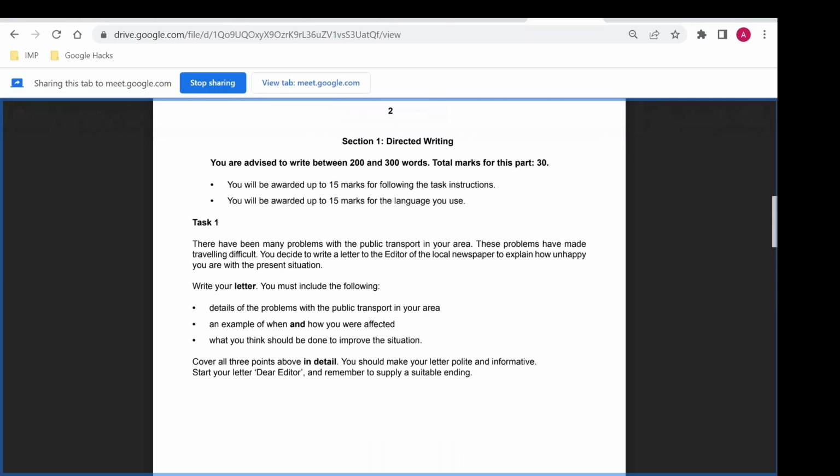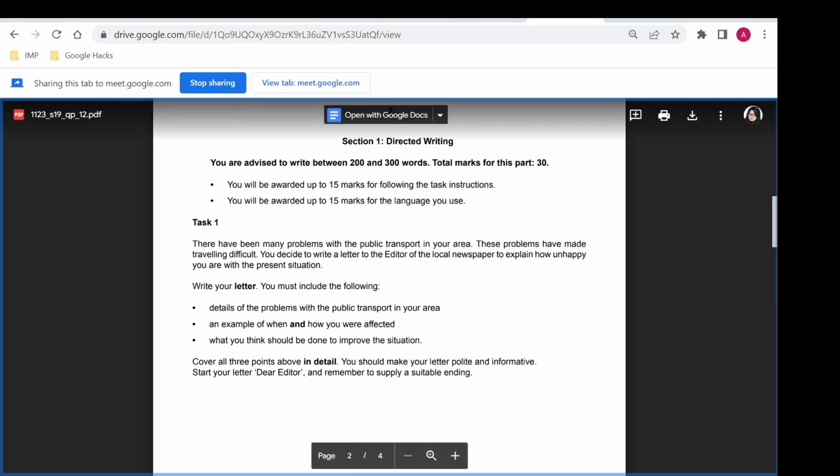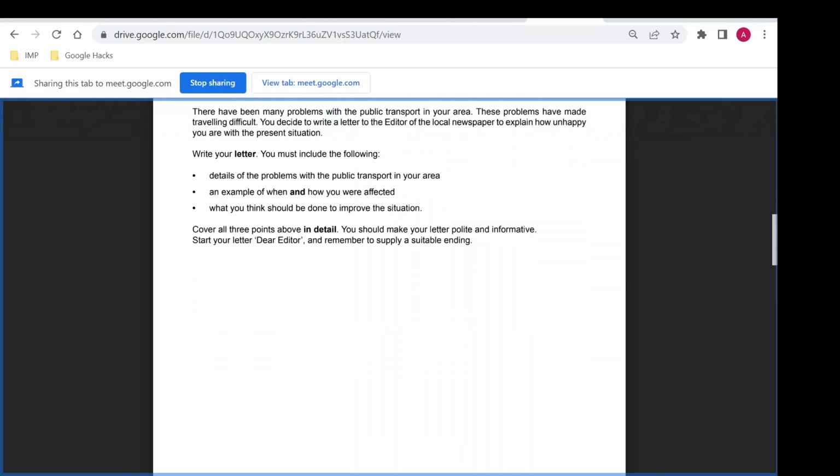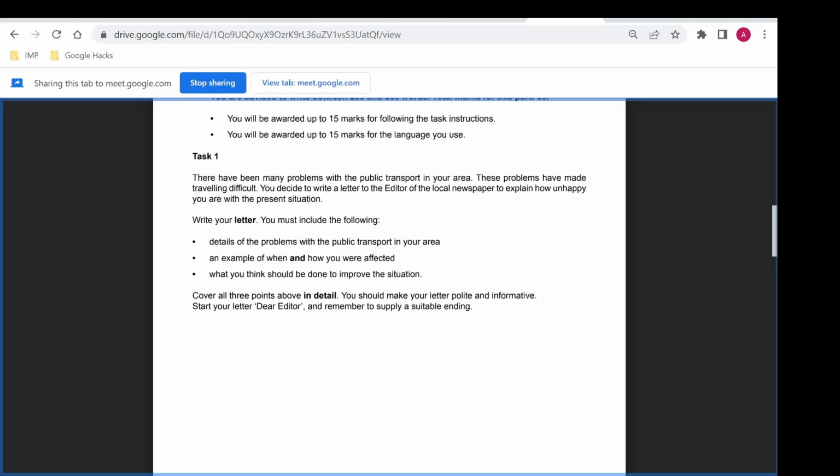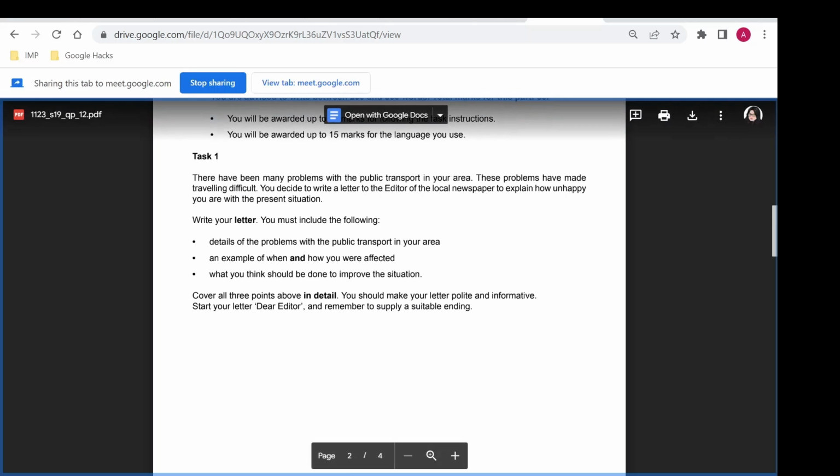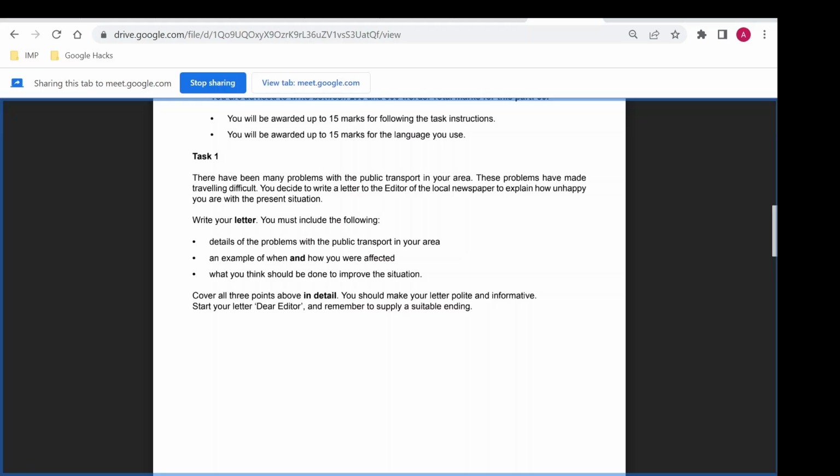You'll also be looking at the sample examples. We'll also understand when the examiner says, make it polite and informative, what is it that I can use to make my register and tone polite and informative? Am I slipping into writing a story if the letter has asked me to write down a particular account of something that has happened? So we'll be talking about all those mistakes that our students usually make and how not to make those mistakes.